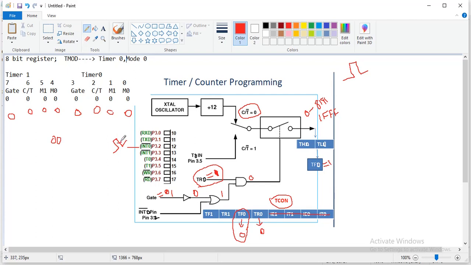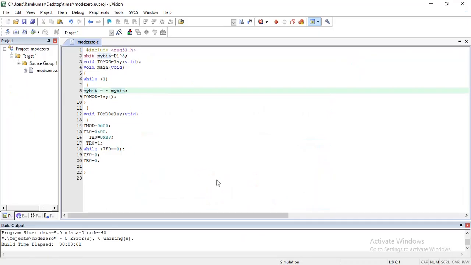The clock is high to low. It is high. This is going to be enabled here, 1. So OR gate 0, OR gate 1, 1. So the output you will get is 1 over here. So the switch is going to be closed. It is going to be a counting operation. Now I am going to again save, compile and run. I am going for this operation.